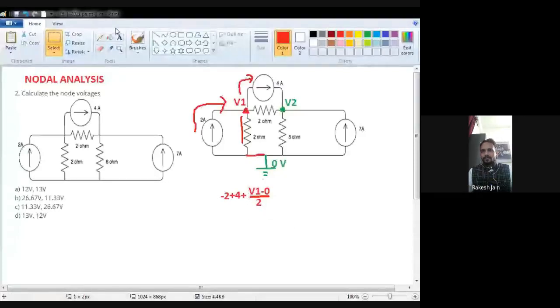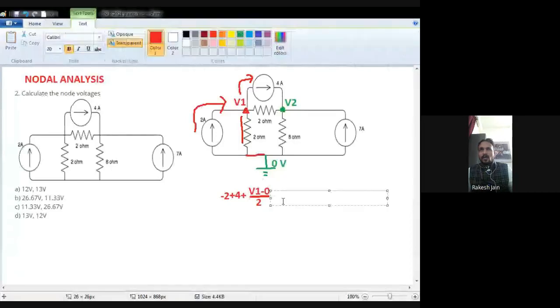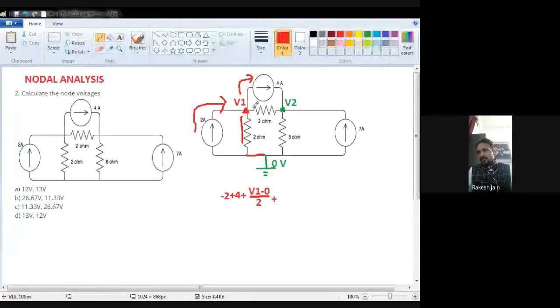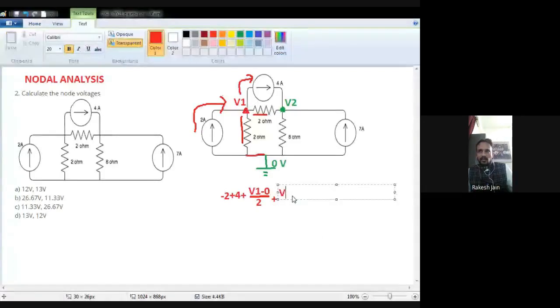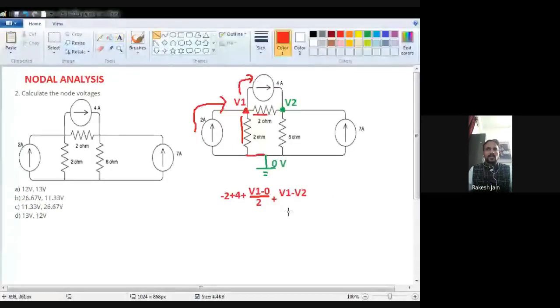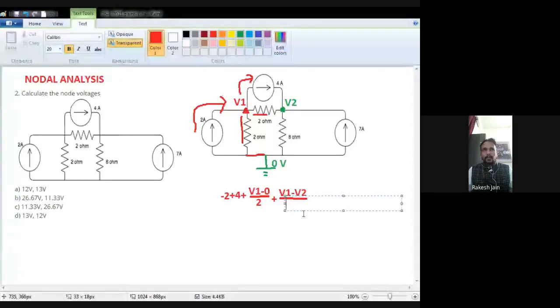Okay, then plus one more resistance is also connected with this node, that is the 2 ohm resistance. So what is my node? Because I am writing down the equation for the V1 node, I have to write it with a positive sign. So V1, then minus the other point of this 2 ohm resistance, which is connected with V2. So the node voltage is V2. So I have to write V2 with a negative sign, because I am writing the equation for V1.